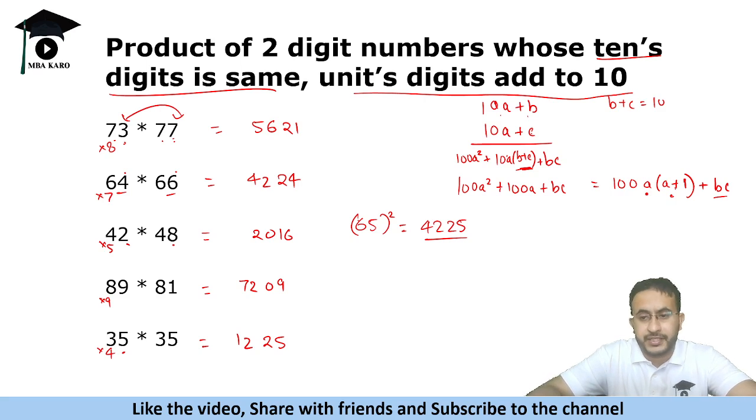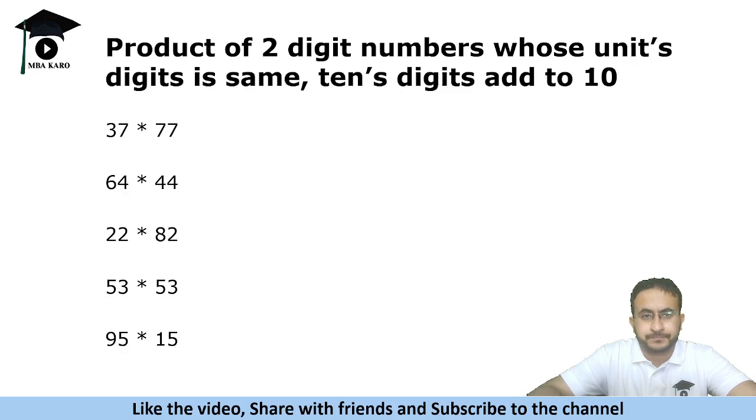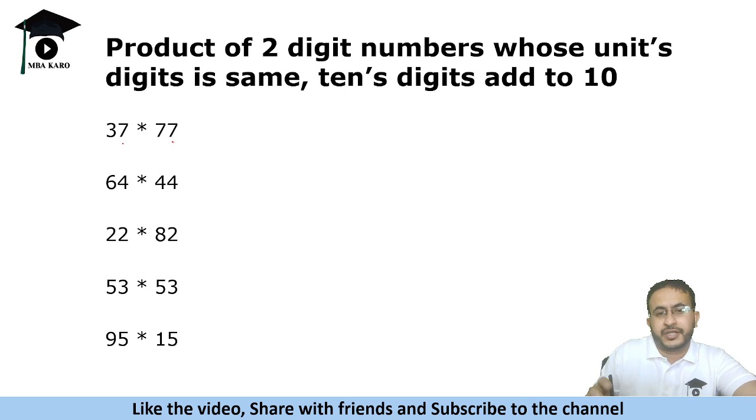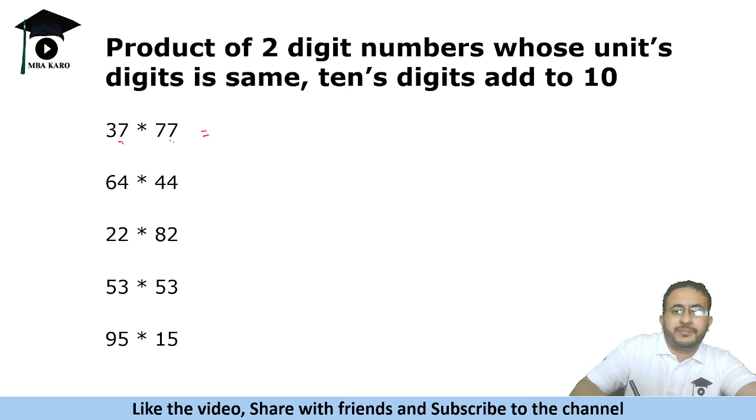Now another special case of multiplication. Next is if the units digit is same and the tens digits add to 10. Okay, units digit is same and tens digits add to 10. So remember in this case what we need to do is multiply the tens digits, 3 into 7. So what do we get? 21. And add the common digit, plus 7. So we get